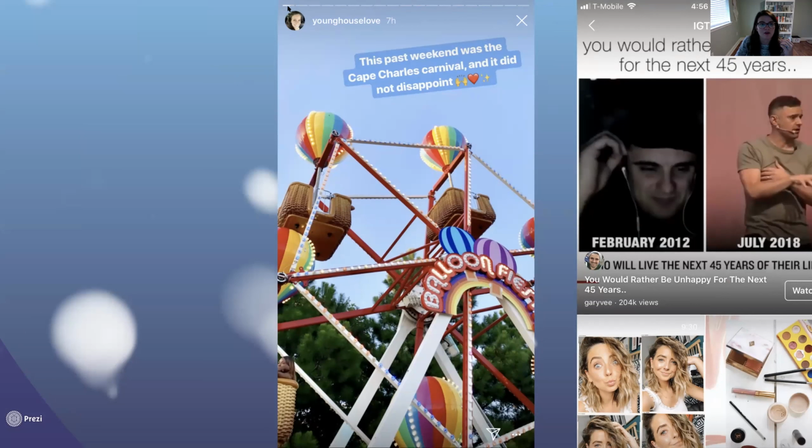So this is how far I've watched it. So about 6 out of 8 seconds. And then it's going to go to the next story and then the next. If you post a 15-second video, it's going to be spread out over 2 stories. So you can post longer things. And then the more Insta stories you post, the smaller these little dashes get. So each dash represents a story.